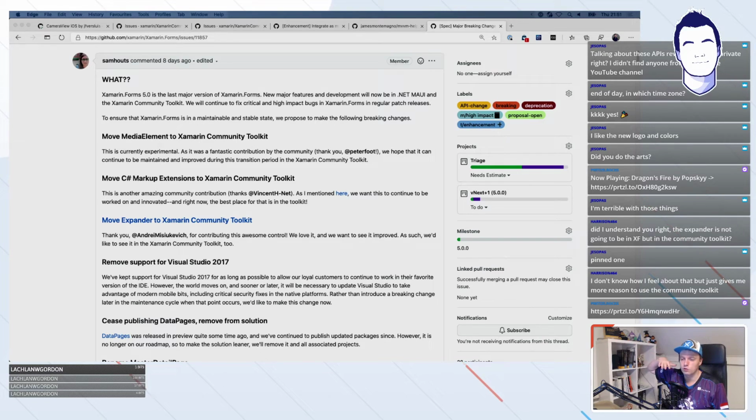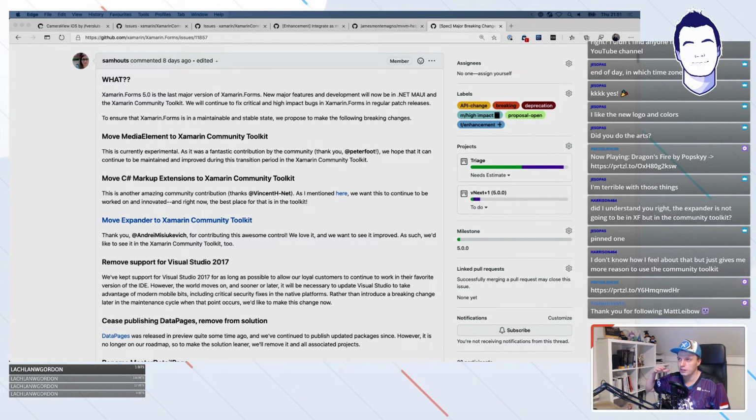These controls are pretty stable because they're in there under the experimental flag, but they're still under the experimental flag. So there's probably not going to be any effort going into these controls right now. And because of that, they simply said, okay, everything that's experimental now,